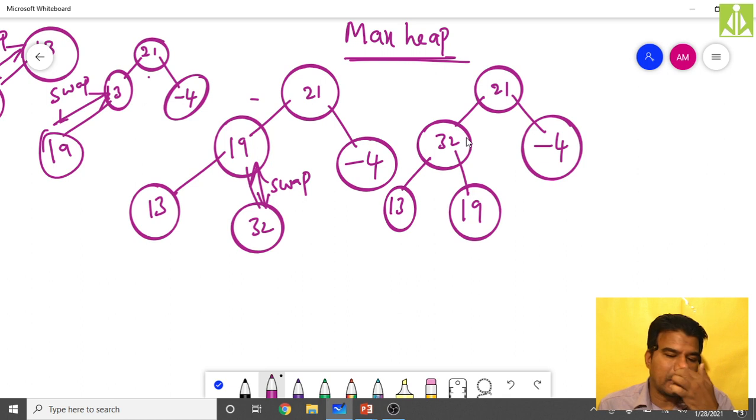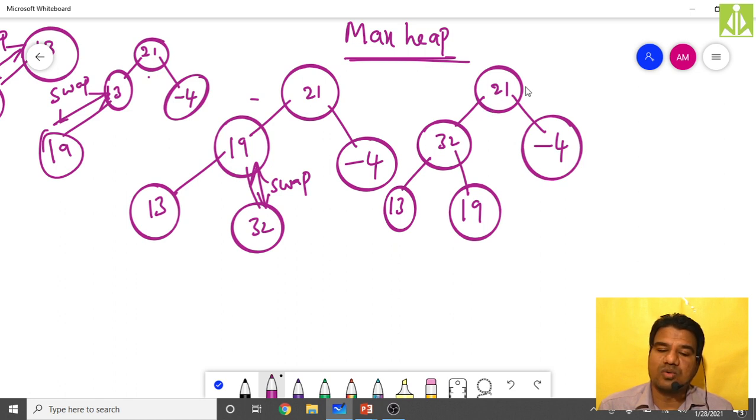After swapping, the new node is over here. Again you have to compare this new node with its parent, and repeat the same comparison and swapping operation until the root node of the tree is reached. Now this 32, compare with the root node 21.